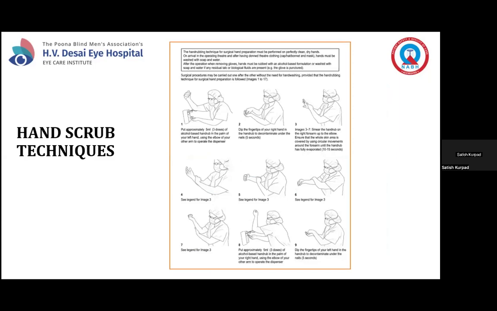This hand scrub technique we are mostly using in surgical procedures and at the donor side for the eye donation call. So first, either you take 5 ml of alcohol-based hand rub with the help of an assistant, or if you have the dispenser at the